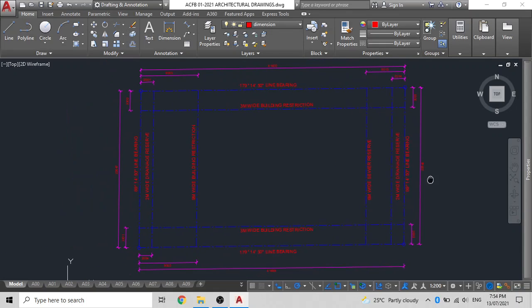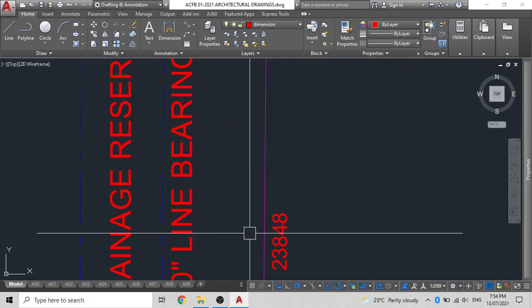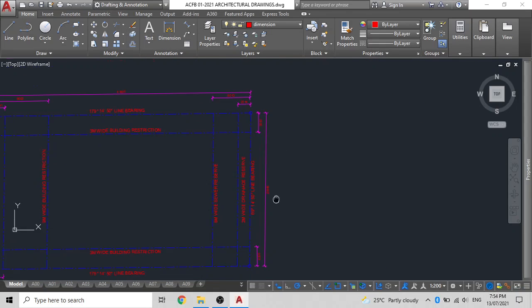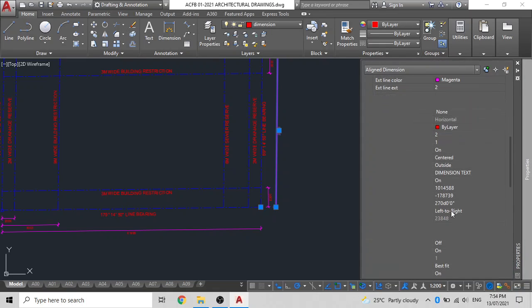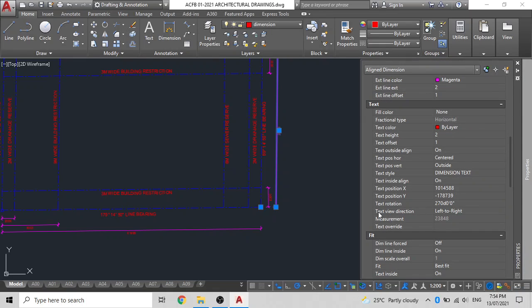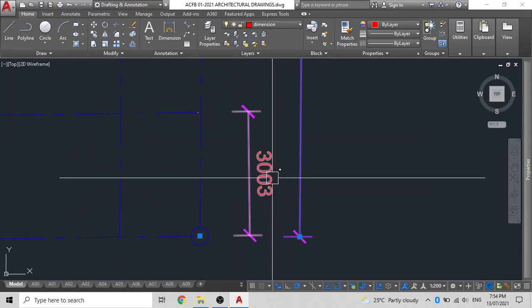Now one more thing that does not look good is one of your side dimensions shows up like this, but the other one shows like this. So what you can do is simply select your dimension, then click on properties, then click on the text view direction. It currently is left to right. We'll just select that and we'll do a right to left, and now you can see that this one corresponds with this one perfectly.